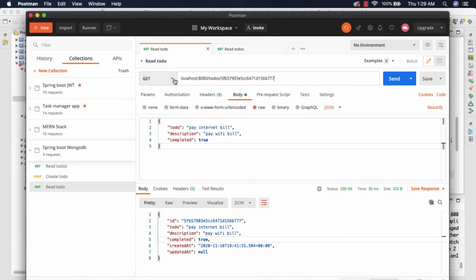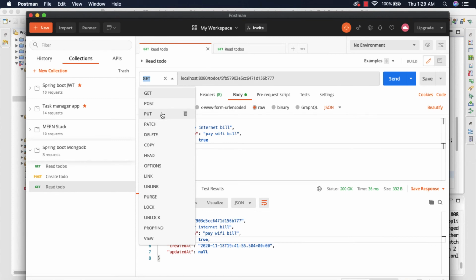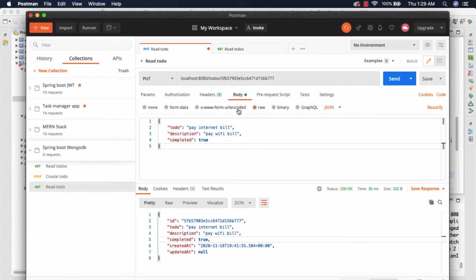And all we need to do is change this method to PUT, and inside the body let me change this. Right now this pay internet bill completed is true. I'm going to set this to false and click on this Send.